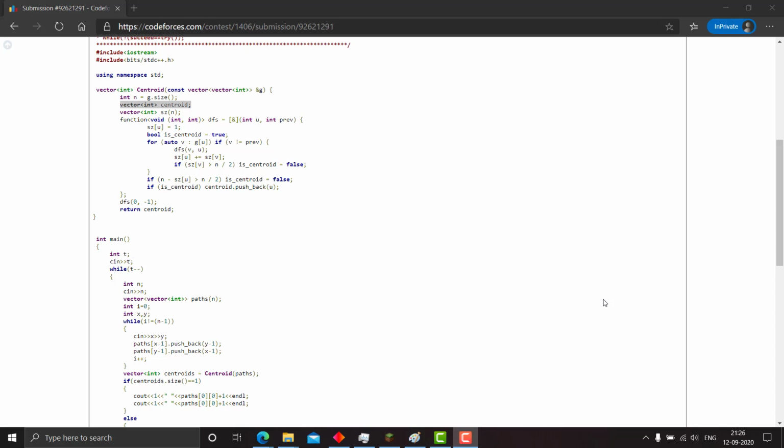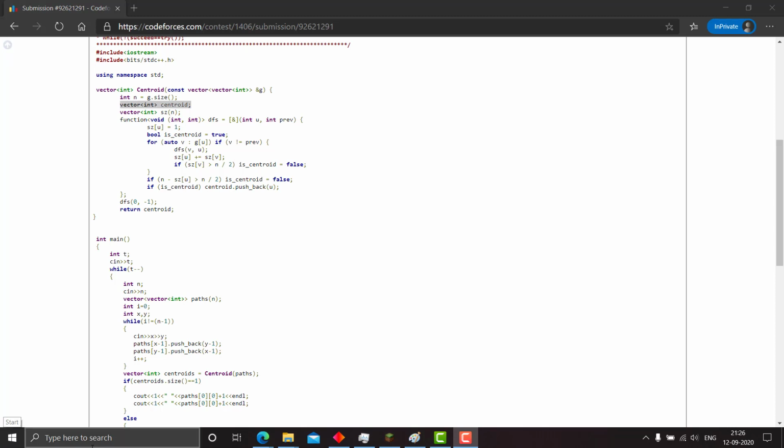And if size of v is greater than n by 2, that means if any of the components of u has a size greater than n by 2, then this is not a centroid. And if n minus size of u is greater than n by 2, then also it is not a centroid, because the other connected component will have more than n by 2 vertices in it.